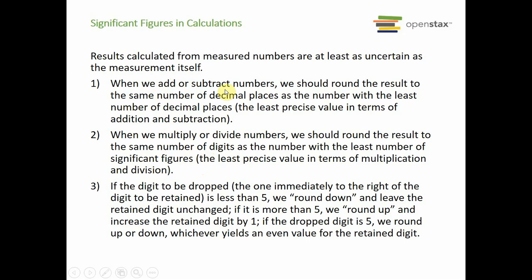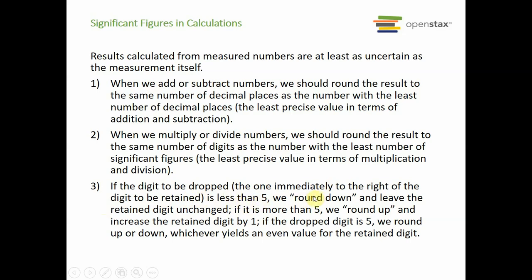So the rule for adding means that you line up the decimal point, and the one with the fewest number of decimal places is the number of decimal places in the answer. When it's multiplied or divided, the fewest number of significant figures is the number of significant figures in the resulting answer. If the digit to be dropped, the one immediately to the right of the digit to be retained,